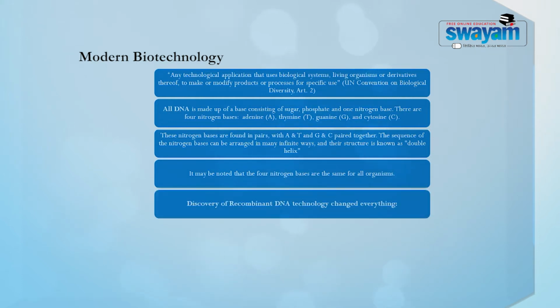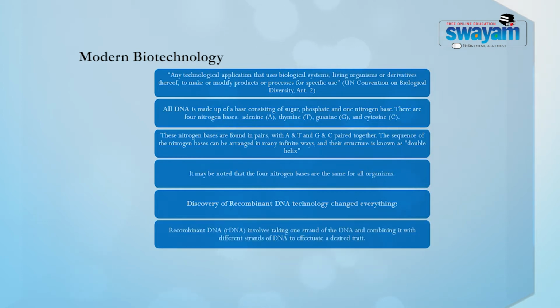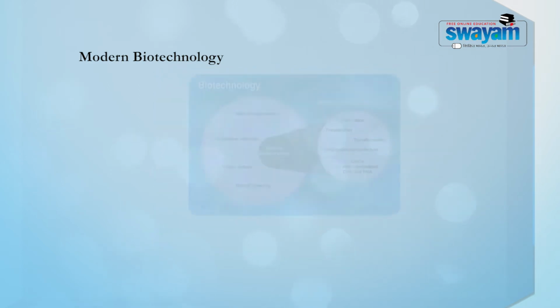Hence, the discovery of recombinant DNA technology has changed everything. Recombinant DNA, or what is called rDNA, involves taking one strand of the DNA and combining it with different strands of DNA to effectuate a particular desired result or a trait. The particular figure